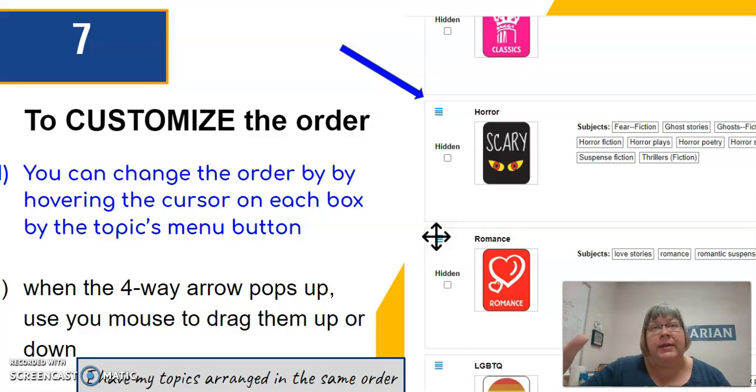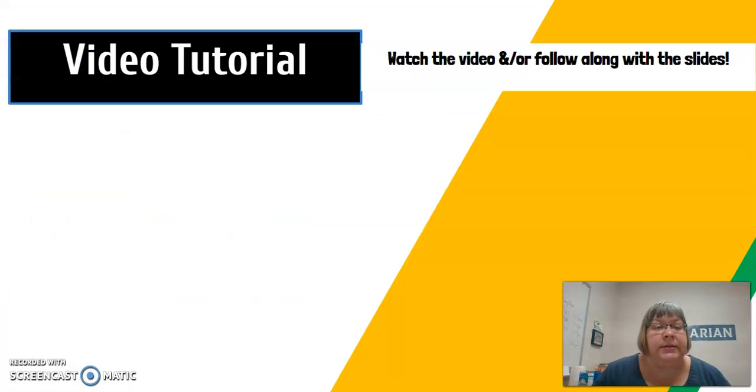So when you walk in, it's realistic fiction, then sports, then fantasy, sci-fi, and so on. And that's just the way I like to do it. You can put them in alphabetical order. I mean, it's completely up to the way you want it to look and what makes sense for you and your clients.